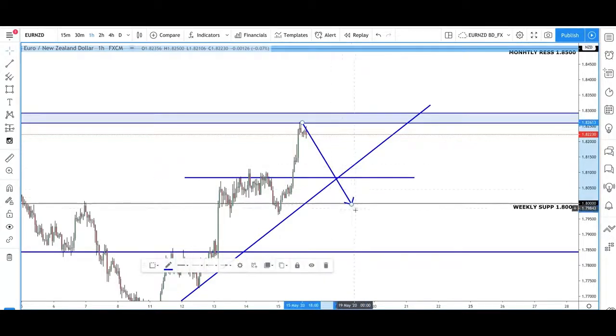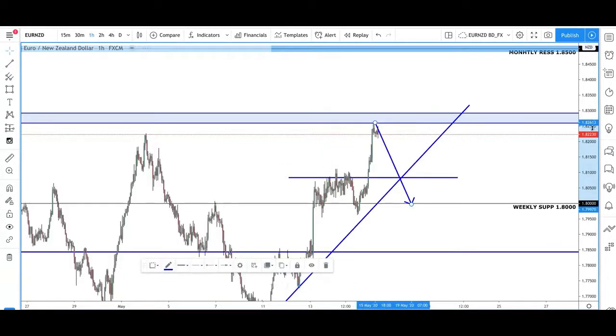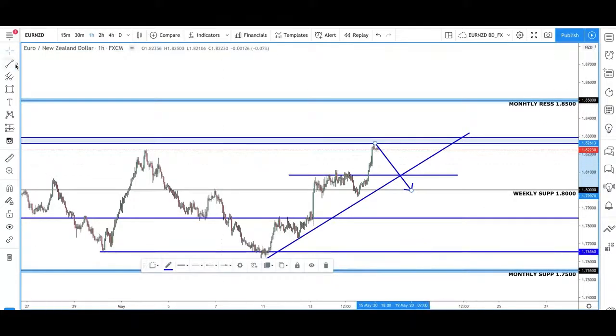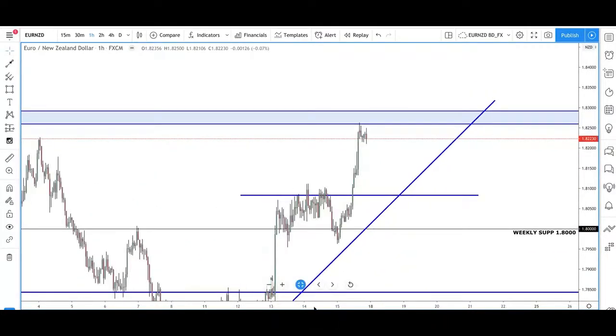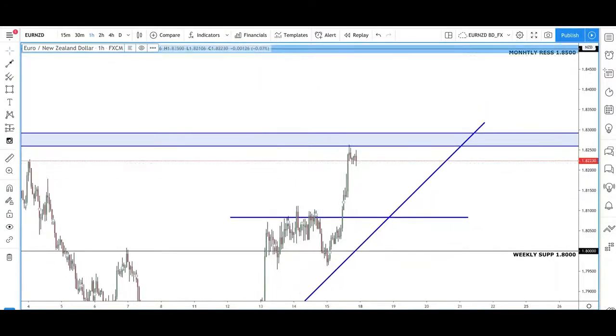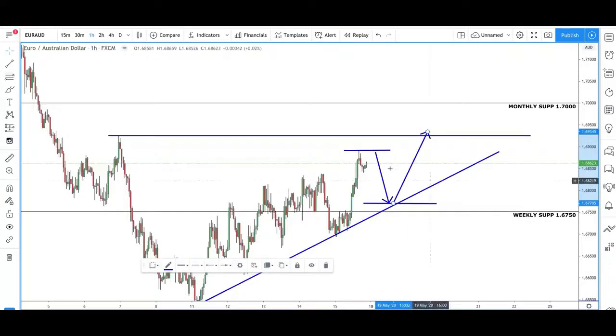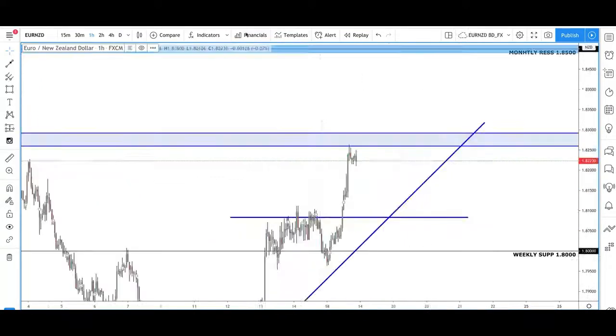We may break the trend line, but not break the trend, and then we have that pushback up to the upside as we gather the strength to actually break through this level. So again, early in the week we could potentially look at short trades down. We have to just let the market open and settle a little bit, but around this level, just like I've done with Euro AUD here, where we've made this high.